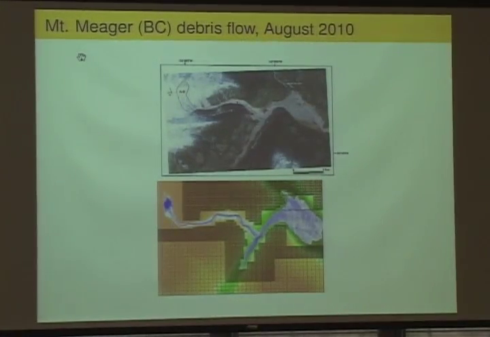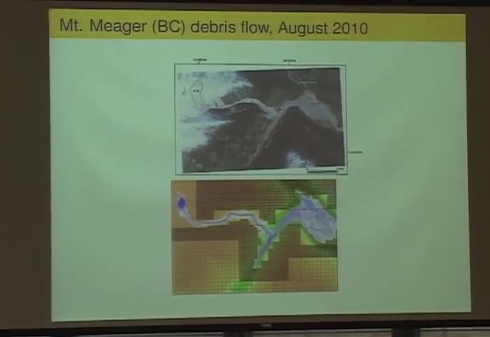So this is a comparison of the aerial photo that we saw before and the final configuration after this flow. So this is a debris flow model that's been developed largely by Dick Iverson and Roger Denlinger and Dave George at the Cascades Volcano Observatory, and then implemented into the software. So it's something like the shallow water equations that we use for tsunami modeling. It's a depth averaged model where they keep track of the depth of the flow and velocities in 2 horizontal directions, momentum. But it's a more complicated rheology than just water, to take into account the fact that you have this complex fluid with some pore pressure.